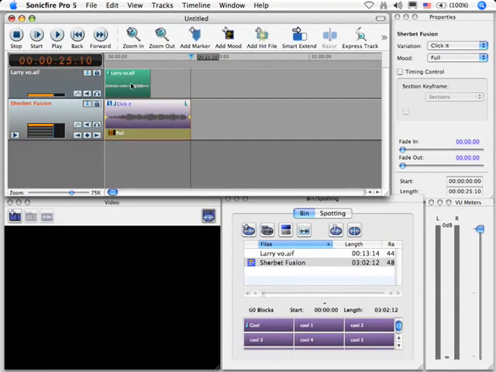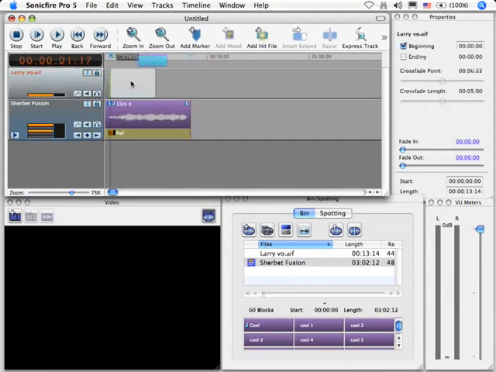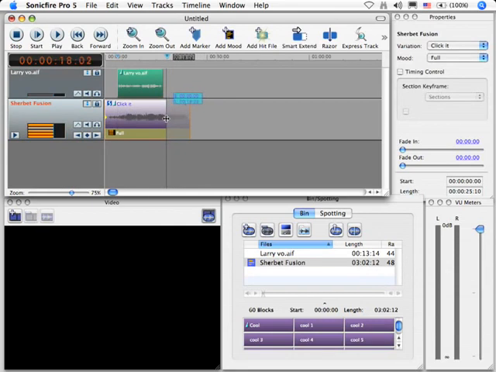It's a little bit longer than my voiceover. First thing I want to do is click the voiceover to drag it where I want it to start, then retime the music by grabbing the trailing edge of the music and dragging it where I want it to go. Now when we rewind and play,